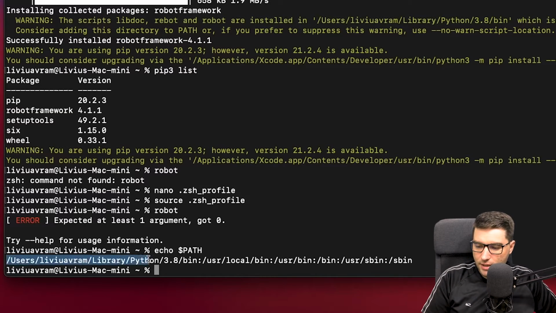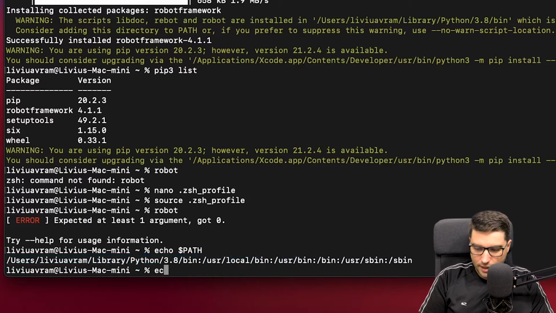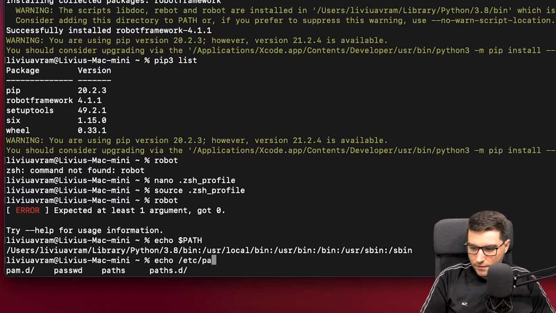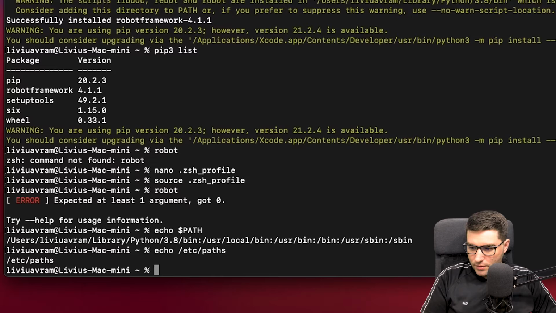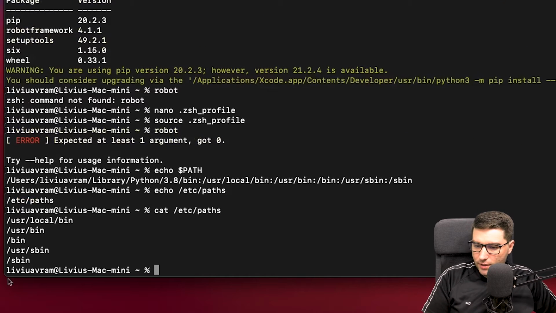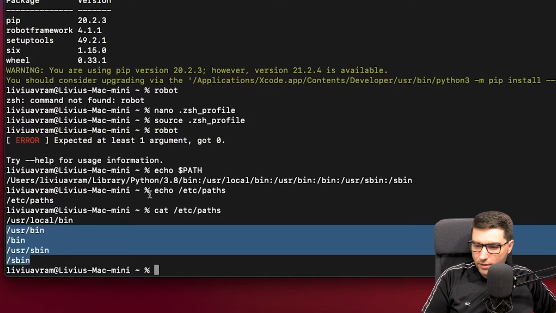So here is the folder that I added just now, and here are other paths that are stored inside the /etc/paths file. Sorry, not echo, but cat. So here are the other paths that are listed here. This is not a macOS tutorial, but it's worth knowing where to search for stuff.